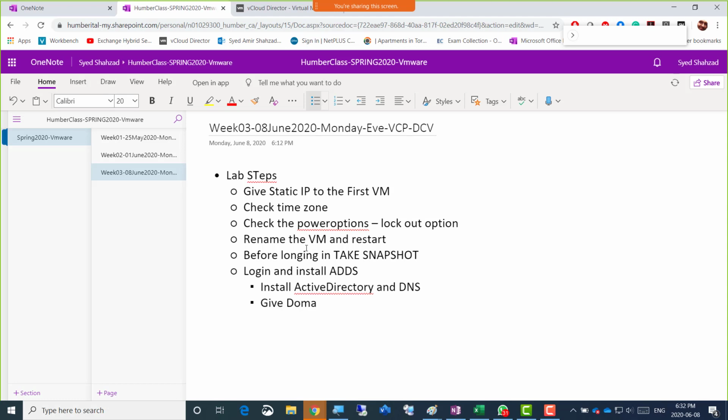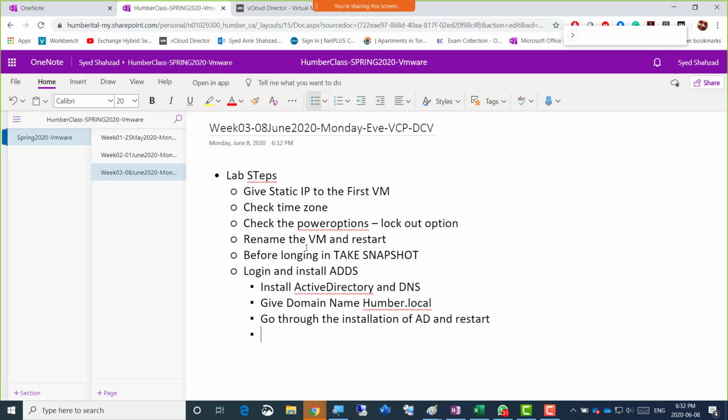Those who are doing the 70-740 course of mine, on my LMS, my learning management system, you would know all these steps from there as well. So give the domain name there. It's humber.local, and then that's it. So go through the installation of AD and restart, and then